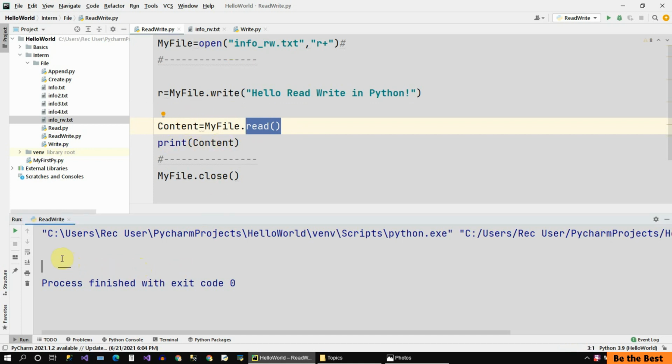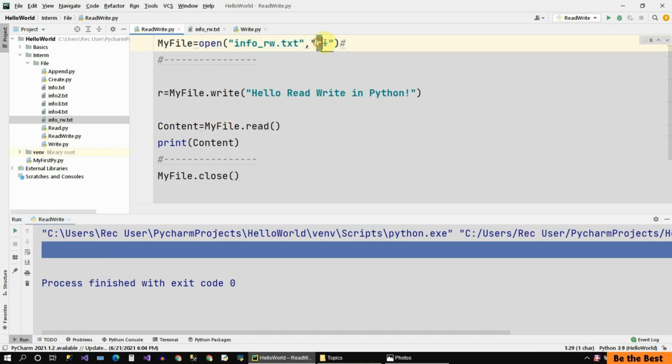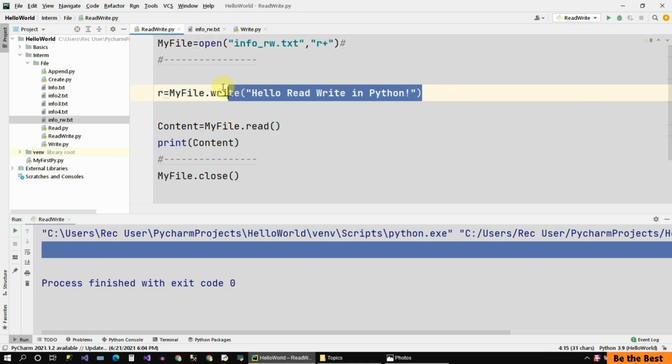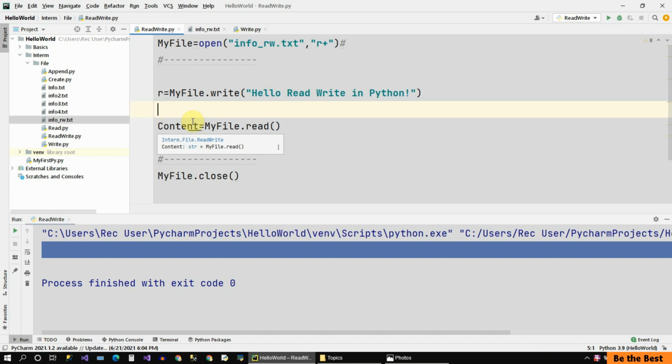But in the console, I can't see the results of this print. It means there's something wrong. Remember, if you want to work with the RW after writing something inside your text file, the pointer or the start position of the file will be changed. So you need to set the start point or the current position of your text file to the 0. Previously I talked about it. Now let's come over here and say the